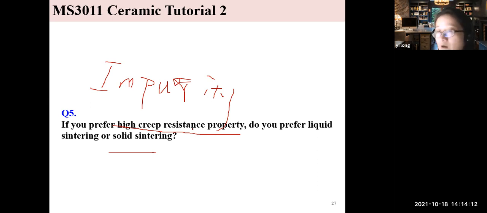Am I correct? So then in the end, where will this impurity go? Because you can imagine, heat up, it becomes liquid first, no matter what. When you cool down, even this liquid and these impurities will become solidified, right? And will go to where? Most likely all these impurities, or the sintering aid, will go to the